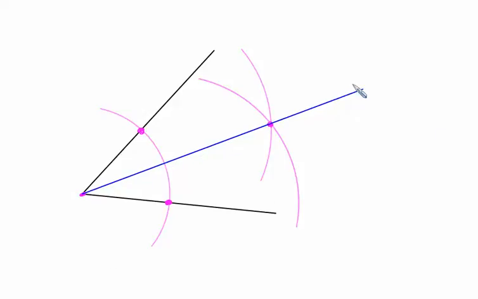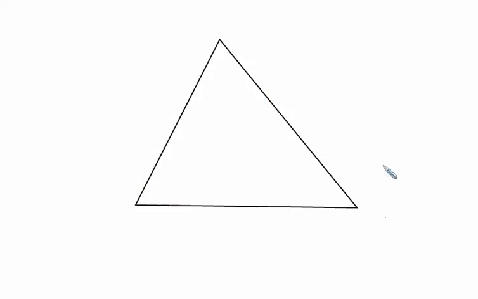I'm going to make it clearly a ray by putting an arrow. And what you should notice is that that ray splits our original angle into 2 congruent pieces. Hence, we have an angle bisector. Now, when we want to construct the incenter or the inscribed circle, we do that same process on each of